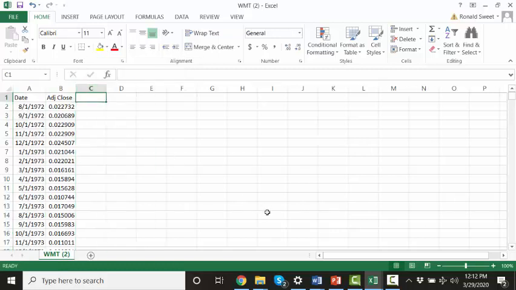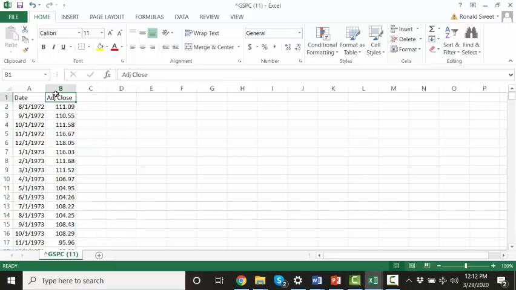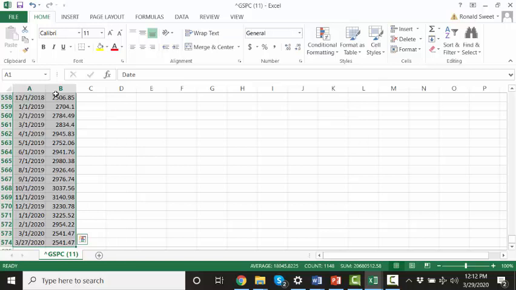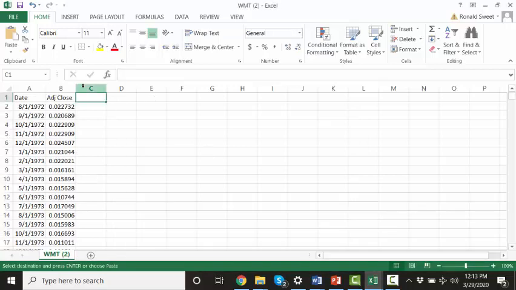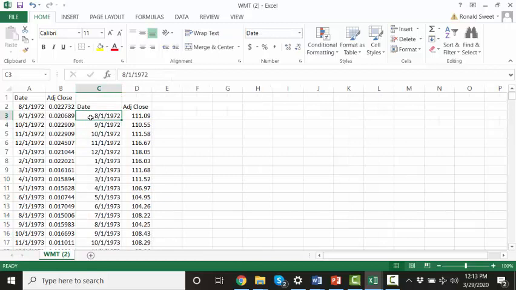I'm going to go back to the S&P 500 and take its date and its adjusted close and hit the shift button and hit the control button with the shift button still down. Control shift and hit the down arrow. Then let up on control and shift and on the arrow and just type control C so you copy it. I'm going to take that back over to the Walmart, and I'm going to paste those dates and the adjusted close, and then I'm going to click on the first date, hit my control, not control shift, but just control, and hit the down arrow,